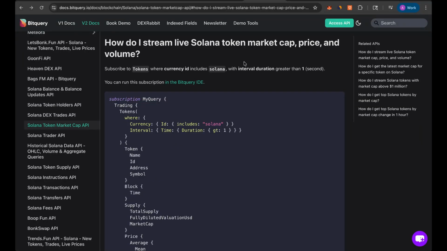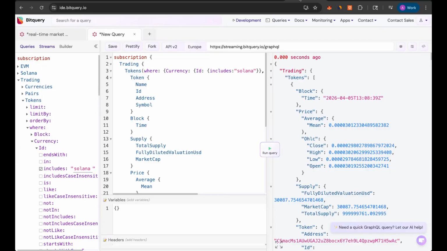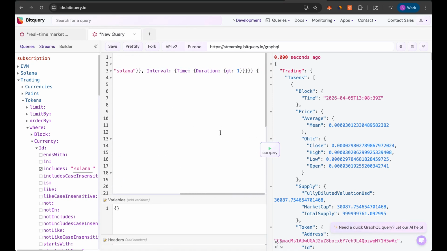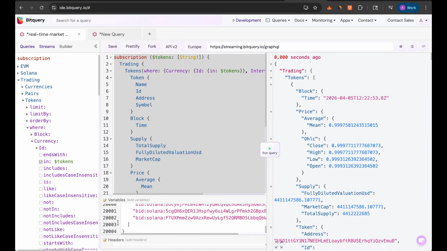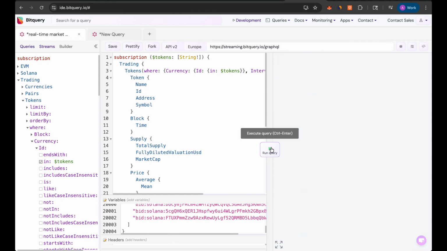Bitquery's Market Cap API streams thousands of tokens in a single subscription. Here's the powerful part. If you remove all filters from this query, you stream every single token on Solana, all on-chain token data in one subscription. Want specific tokens? Add filters. You can filter for thousands of specific tokens by mint address, or filter by market cap thresholds, volume, or any